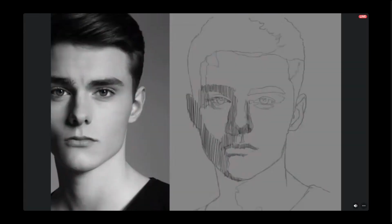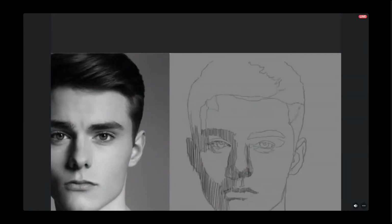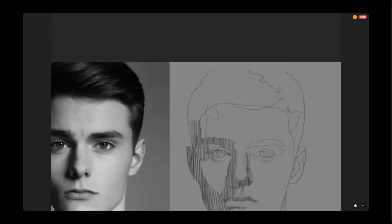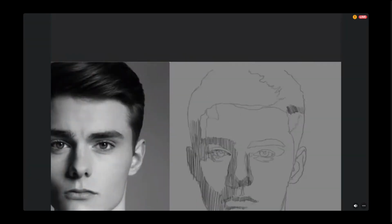So some of you might ask, what if you don't know how to do it with cross-hatching? Then you can actually do it like how you color lah. I call it the coloring method. You just color it very slowly, part by part, like this lah. Not hatching. You can do it by coloring,